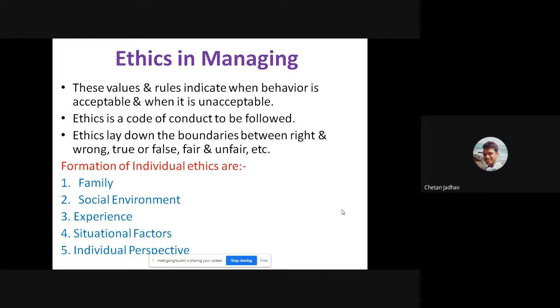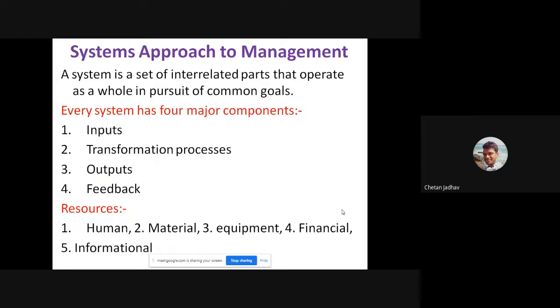So a very important point is ethics, which we also discussed in our last lecture. Which type of ethics should we follow in our professional life as well as personal life? So these are some points highlighted. Here we can formulate our individual ethics in family, social environment, then experience, external factors, individual perspective. And second,